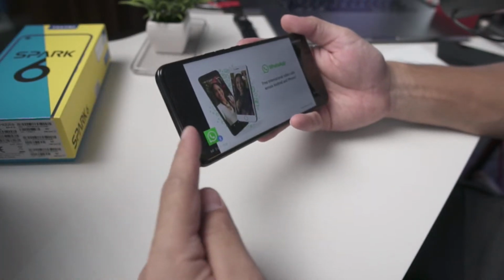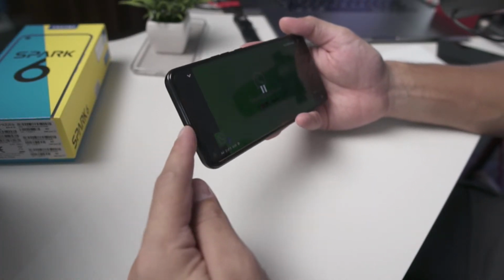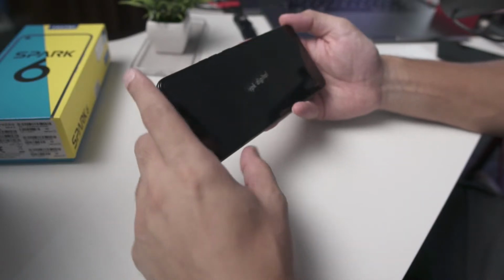So the speaker is here in the earpiece. That's the main speaker, and